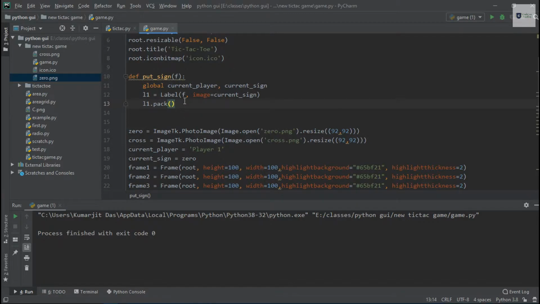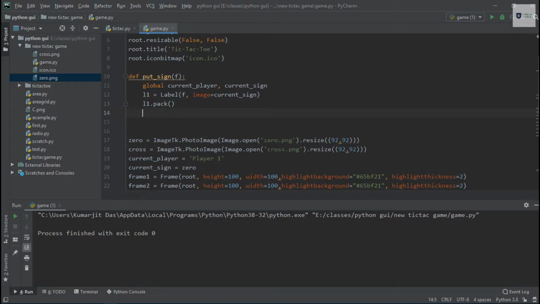Obviously these three lines are not everything in this function. This function will be called whenever a click event has been fired. So we need to bind this function with each and every click event, and bind each click event with each frame in this game.